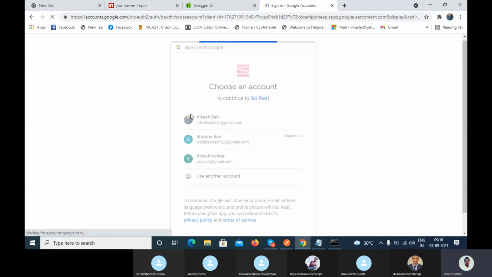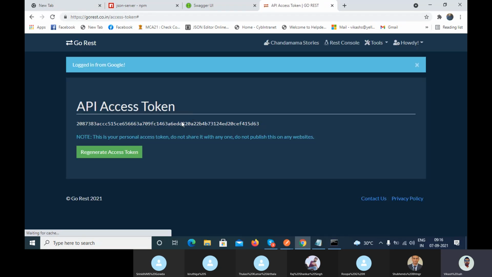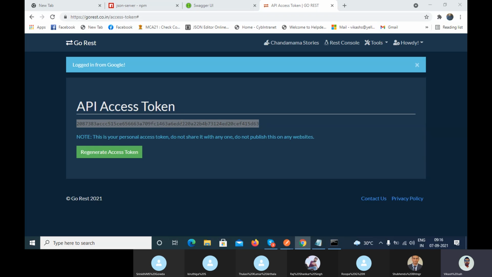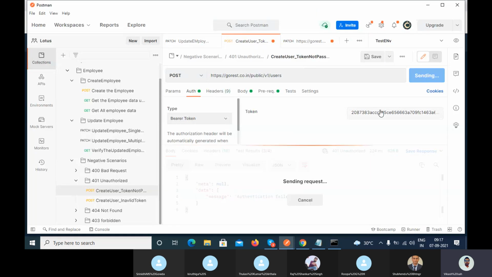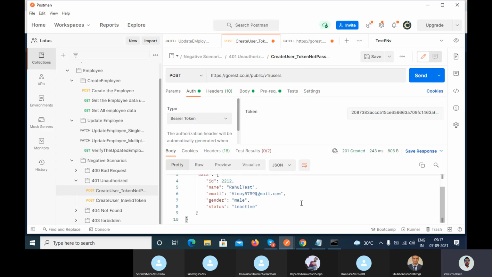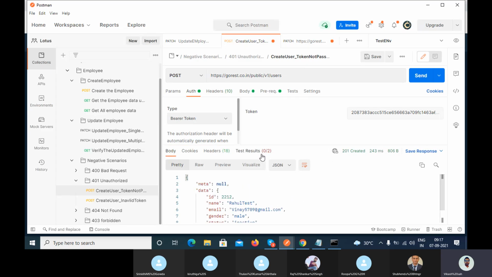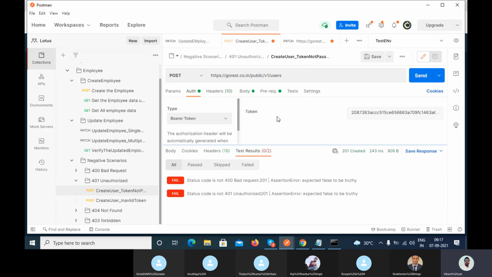I will go here and take the token from here, and then I can pass it here. Okay, now let me generate. Now you can see I am able to generate, right? And here the status code